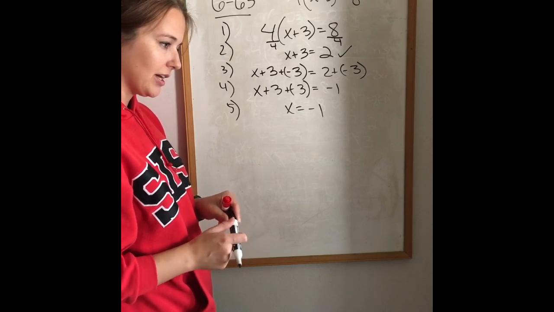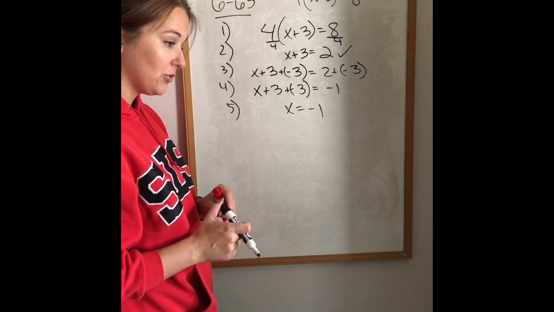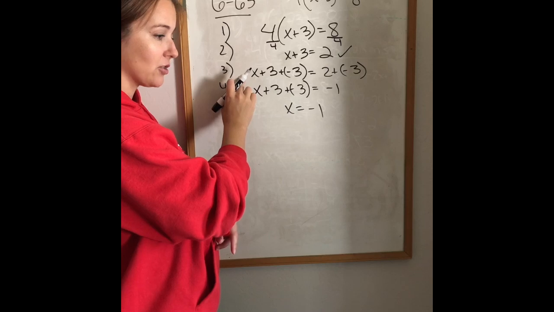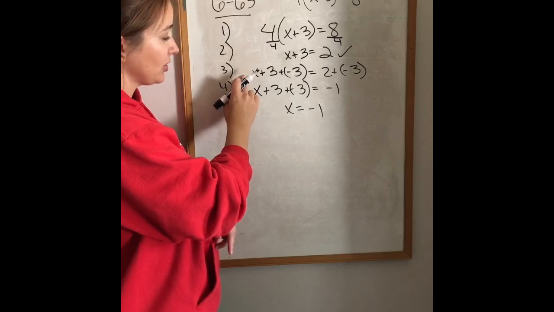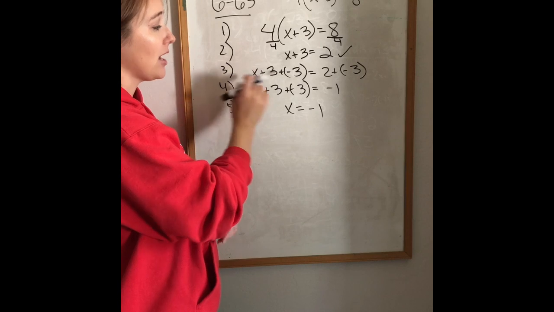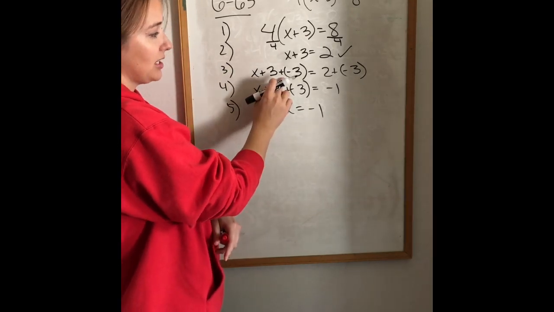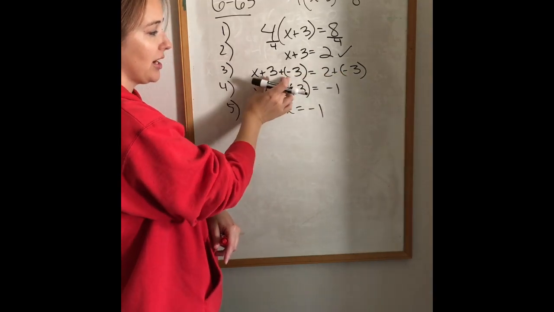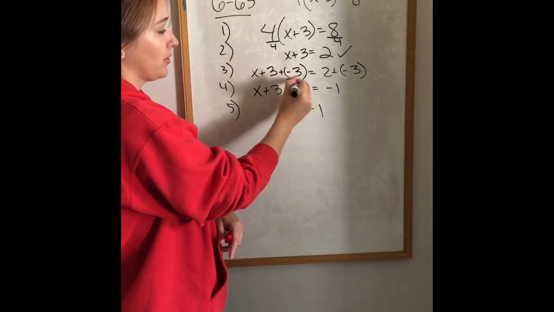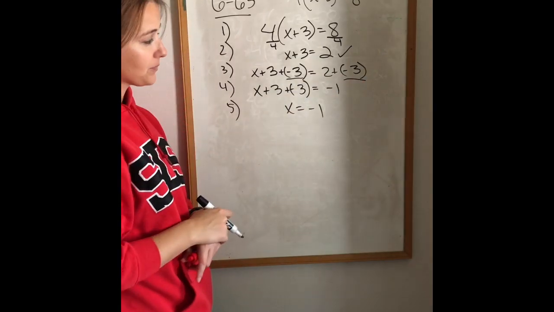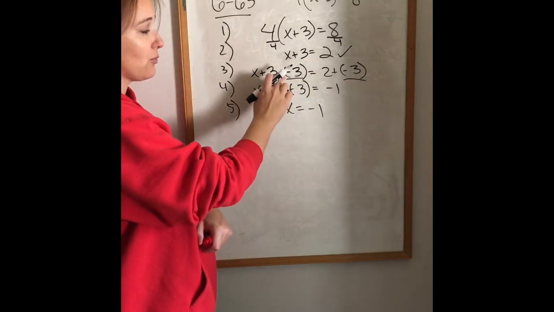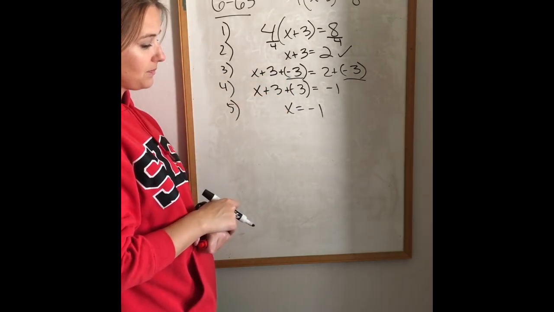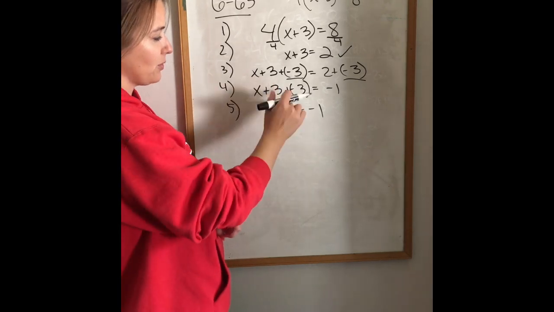Part B says, what did Kelly do to remove the 3 unit tiles from the left side of her equation? Does this move affect the equality? So it looks like to me, for this step 3, she is subtracting 3 units from both sides. So she's matching up the 3. She wants to get rid of this 3 from both sides. And she's left with,